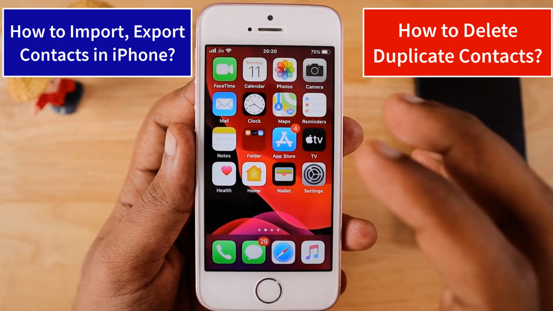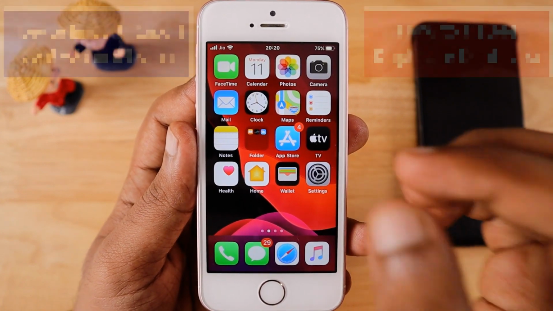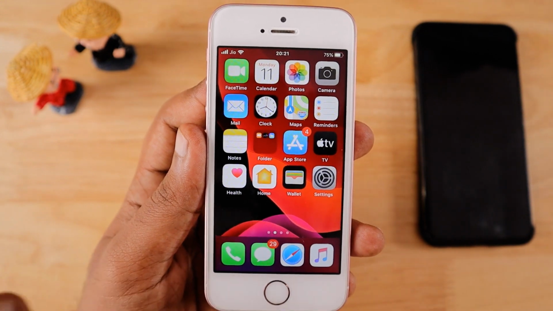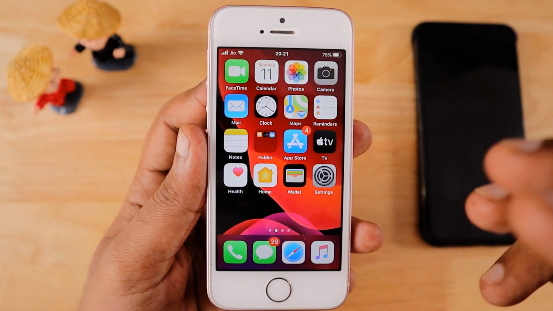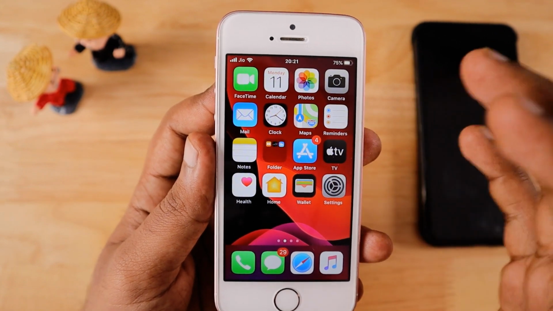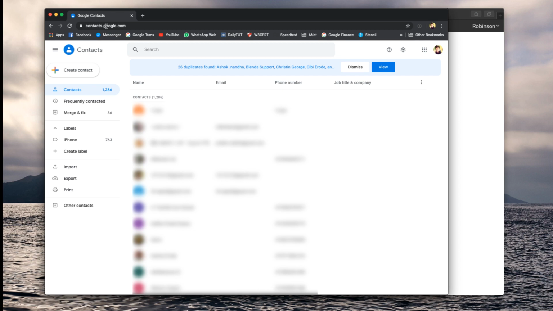All right, without any delay, let's dive into the first method that I'd like to suggest to you to import contacts to your iPhone. The first method I like to handle is, if you're coming from Android, then you obviously stored most of the contacts with your Google account. You can always verify that by logging into google.com/contacts and entering your Google credentials, to see whether your contacts have been backed up or not.